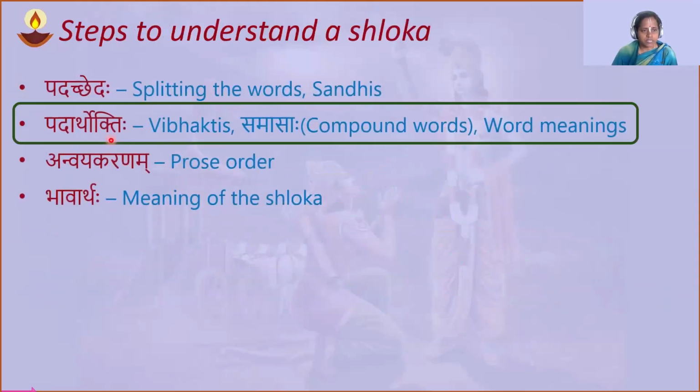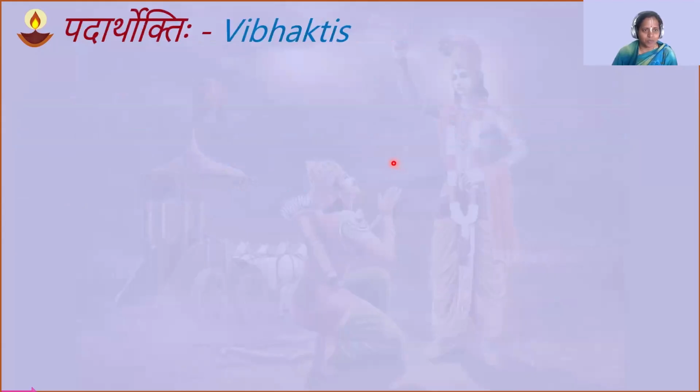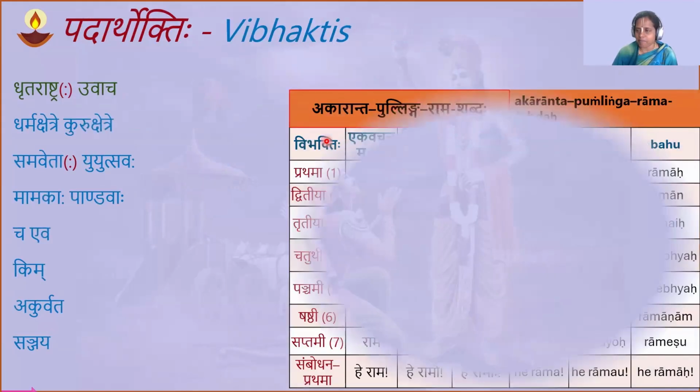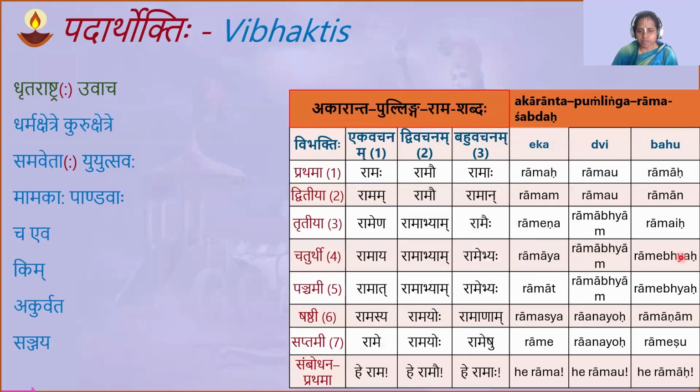Next, now coming to the stage we are at, now we have to do Padarthoktihi. That means we have to identify Vibhaktis. This is where all your knowledge will be tested from whatever Rama table you learned and what I revised now. So let's see who can help me here. Okay. So I want, see what we are going to do. See, this is a Rama table. Okay. So people who don't know,